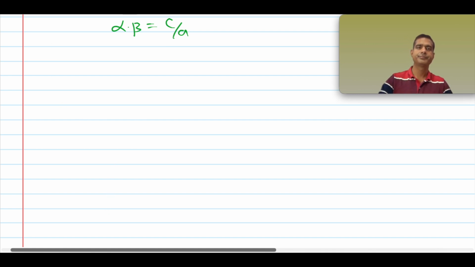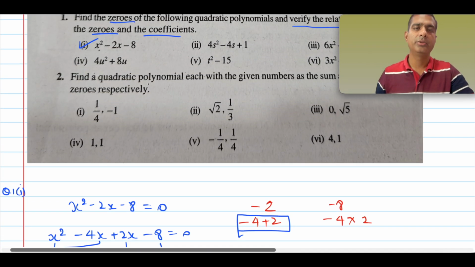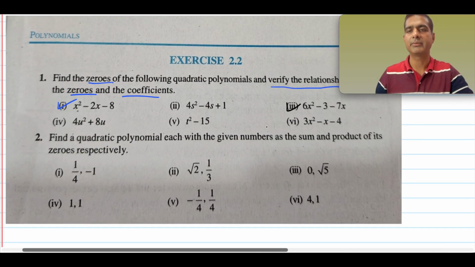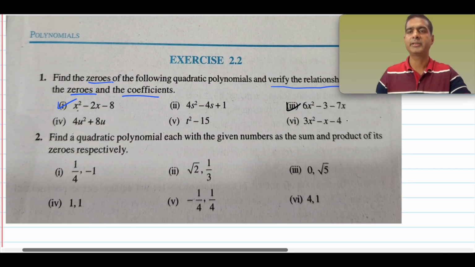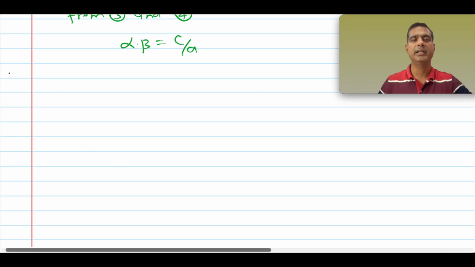Now, let us try one more problem from the exercise 2.2. Let us try part 3 of question number 1, that is 6x square minus 3 minus 7x. So the polynomial given here is 6x square minus 3 minus 7x. So let us try question 1 part 3. The polynomial is 6x square